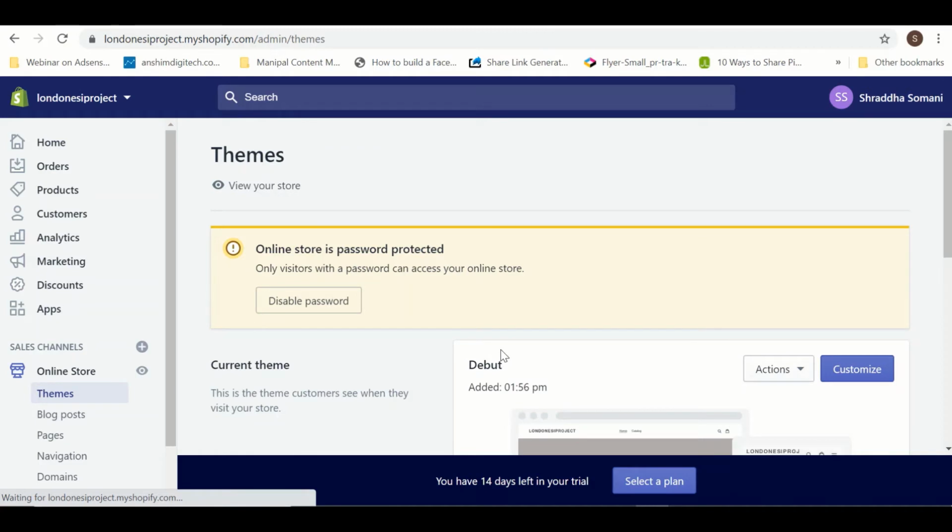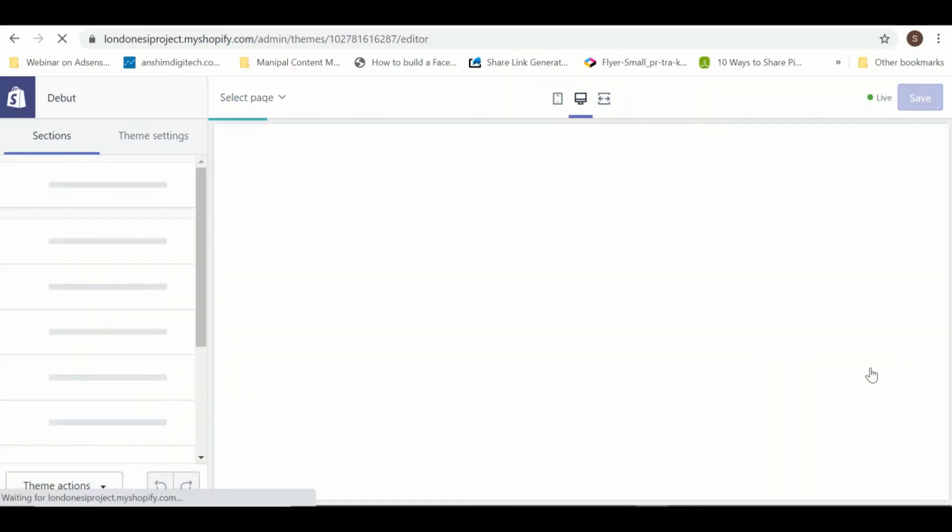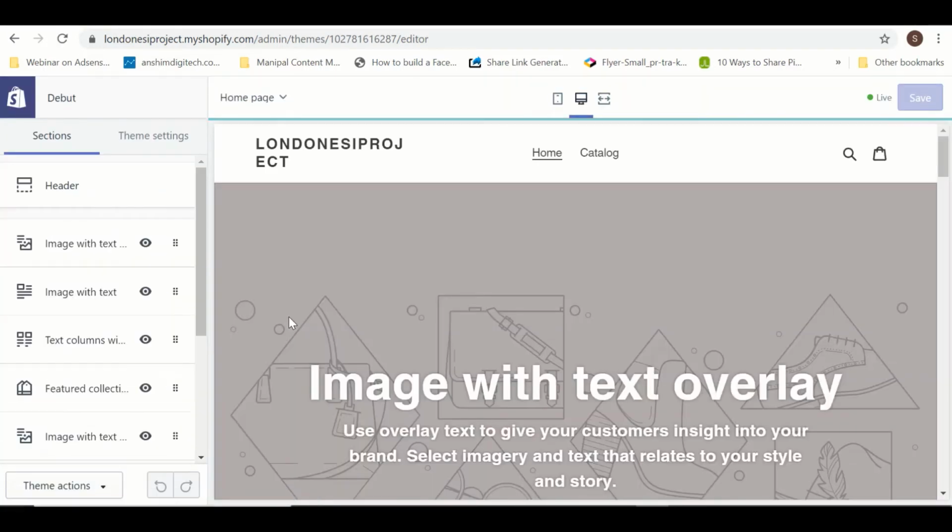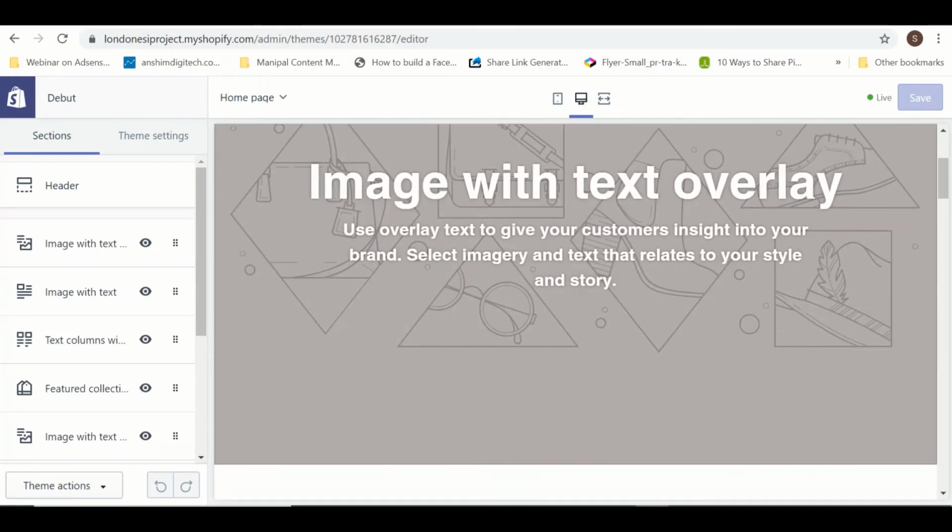Click on customize your theme, right? And under the customize option, you can again add the products. So it's not necessary to do it in one go. You might be getting different products, so you might want to upload them at different times.